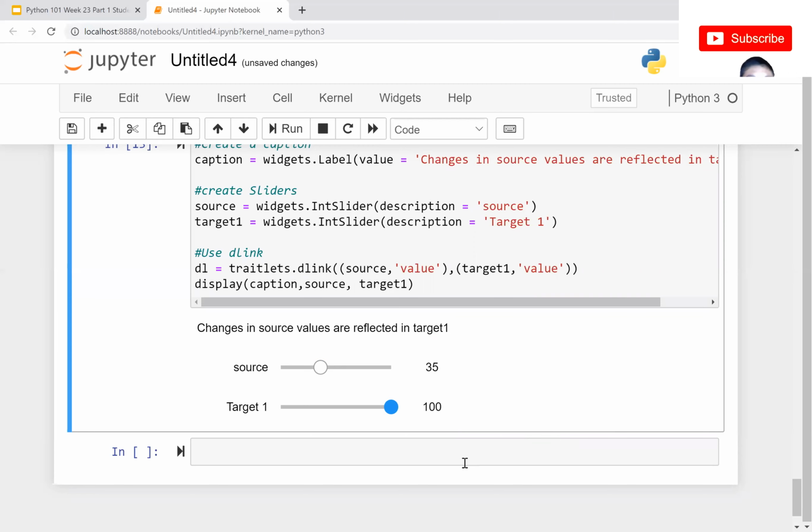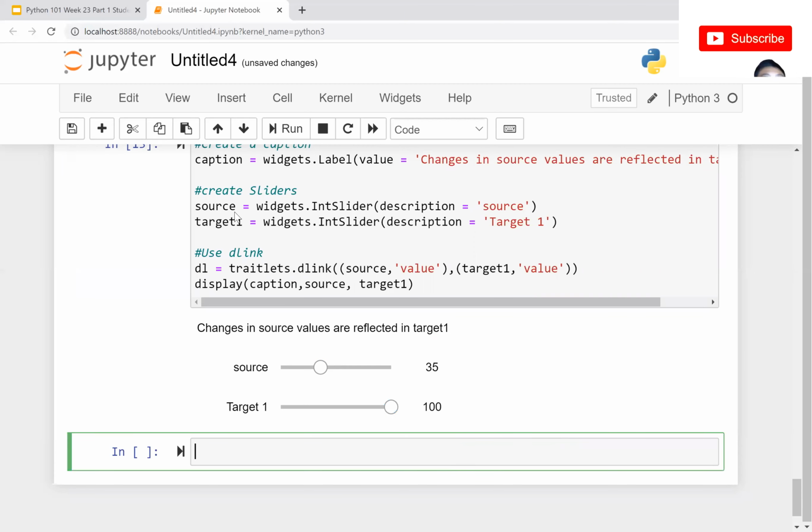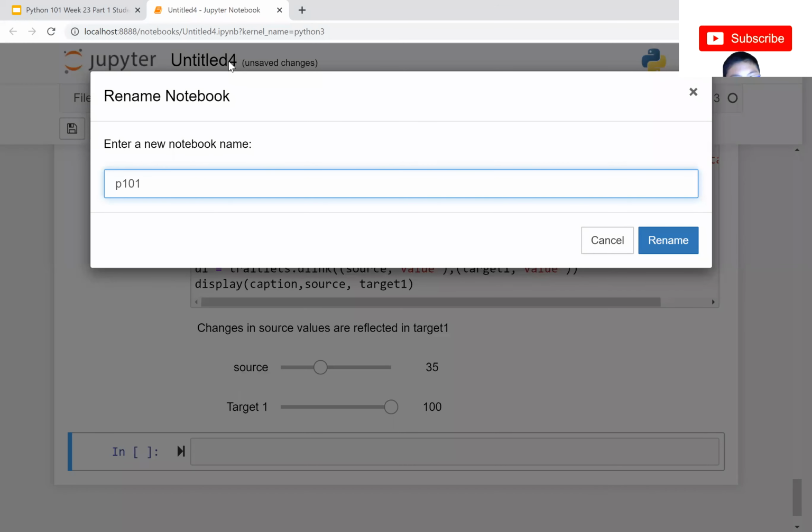All right, next up. So yeah, that's cool. Oh, I forgot to name my thing. All right, so